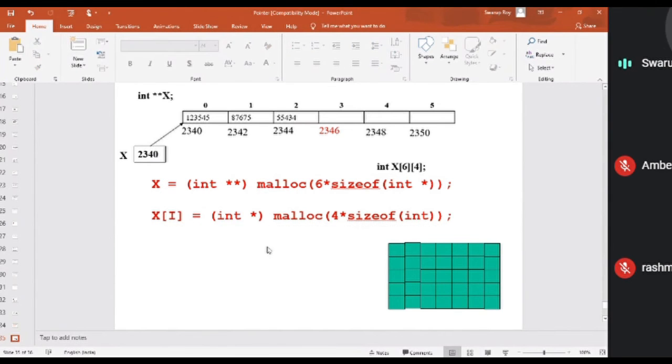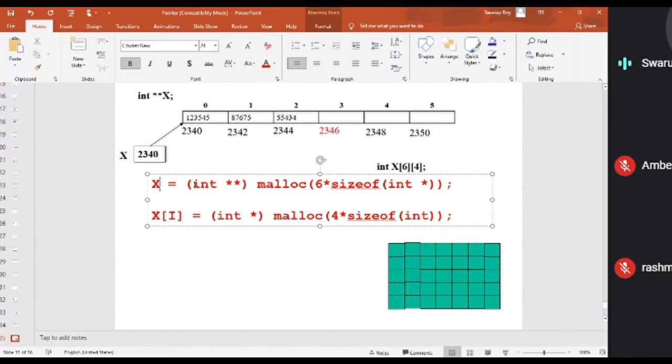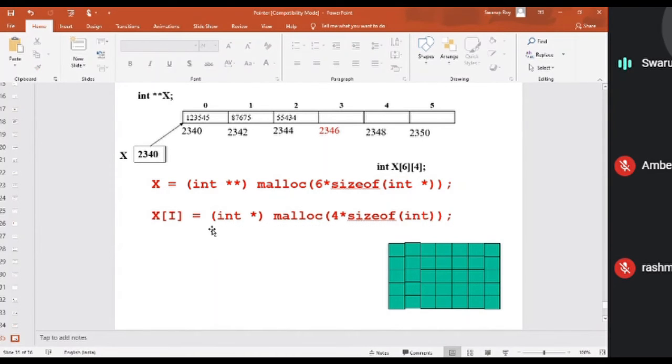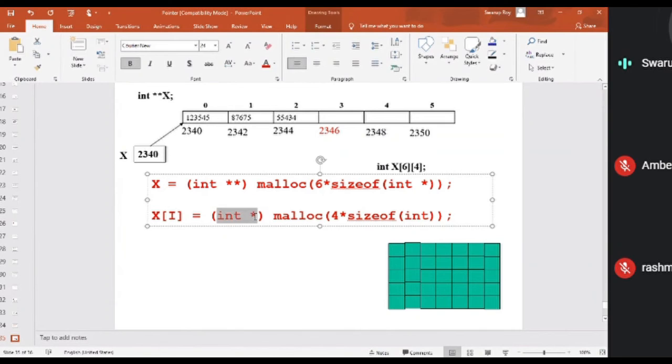देखो इसमें थोड़ा confuse मत होना. When you are using simple x, it means pointer to pointer, double pointer. But when you are using this notation, that means the first location or ith location of the array of pointers, then you are storing a simple integer pointer. No, it's not a pointer. Okay.